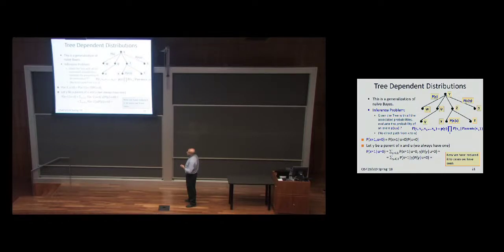We already computed P of X given Y in the previous slide. We already computed, well, we almost computed P of Y given U. What else is missing? How do I compute P of Y given U? I'll have to use Bayes' rule, right? Because Y is above U in my network. So I'll have to write it as P of U given Y, which I know, times P of Y divided by P of U, and I know how to compute this.